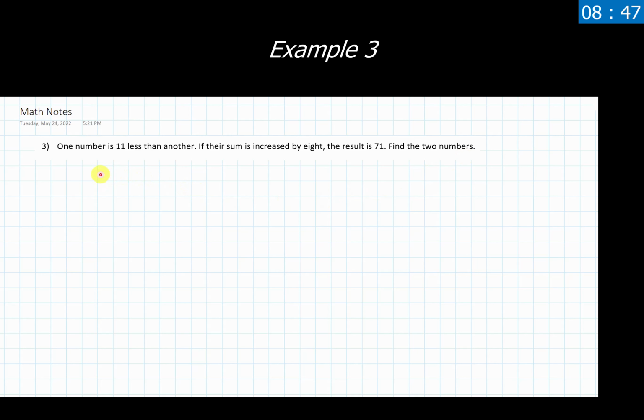We have some information about these 2 numbers, something about the relationship between them. We also know that they're interacting in some other way and some other stuff is adding on to them. And then we're getting some result from that. We're trying to find what these 2 numbers are. So again, I recommend taking these things in small controlled parts. Look for buzzwords that stand out to us to tell us something that's going on with this problem.